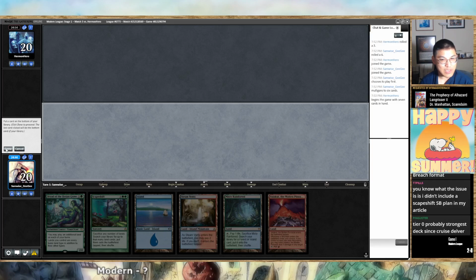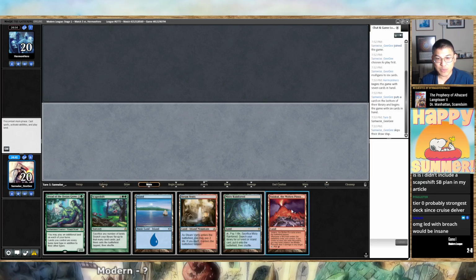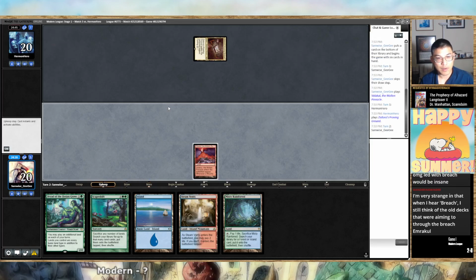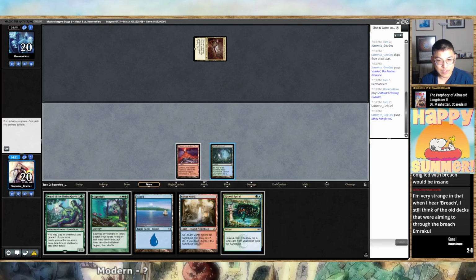I think Cruise Delver was overrated, but don't quote me on that. Lead Brain Freeze Breach was actually just a broken deck, so, like, whatevs. I played through the Breach Emrakul. It won me a PTQ for Avacyn Restored, which was also not the healthiest format, really, but...